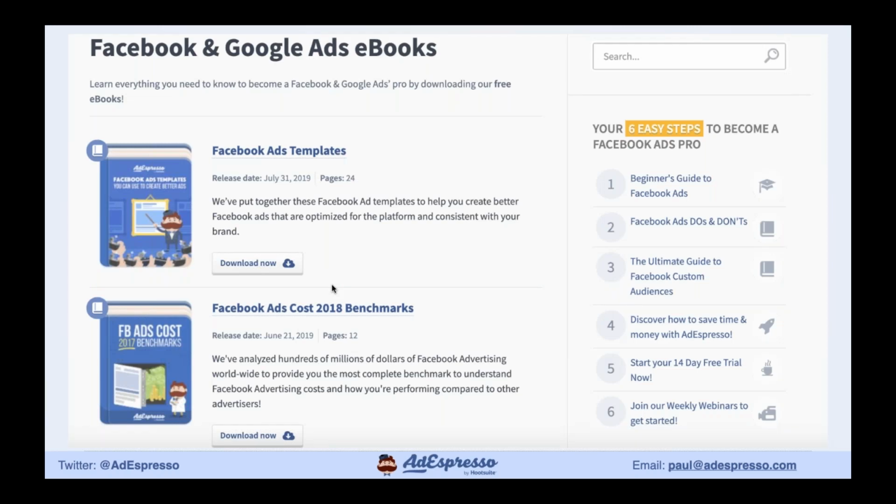Sometimes it's because you've got a complex product. Good example is AdEspresso. It's a complex piece of software. It's aimed at a very niche market. It's not a one-click purchase. You don't just click on the Facebook ad and go, right, I'm going to buy AdEspresso. You need to know all the details about it. We basically take you through our product tour, and that's best done by email rather than just a single Facebook